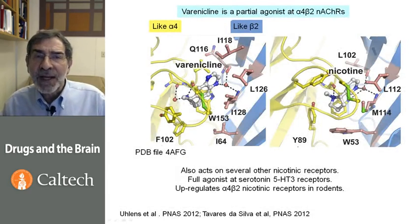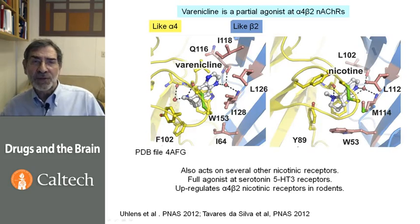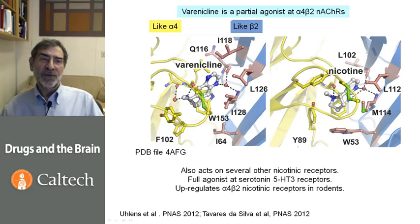More recently, varenicline has been introduced and used as a drug for smoking cessation. It is probably the most successful drug for smoking cessation. It is a partial agonist at alpha-4 beta-2 nicotinic receptors, and it came into use because early data with the nicotine patch for smoking cessation seemed to indicate that if an antagonist were mixed with the agonist, the results were